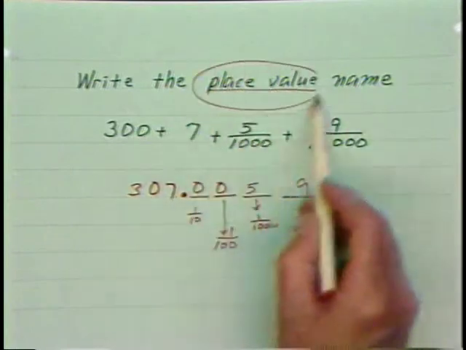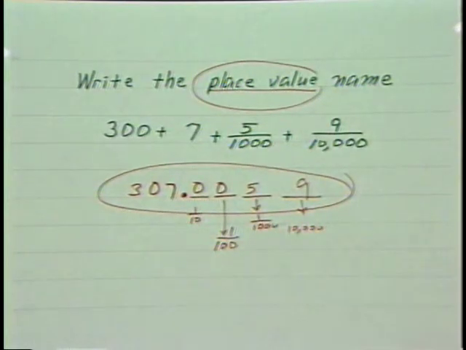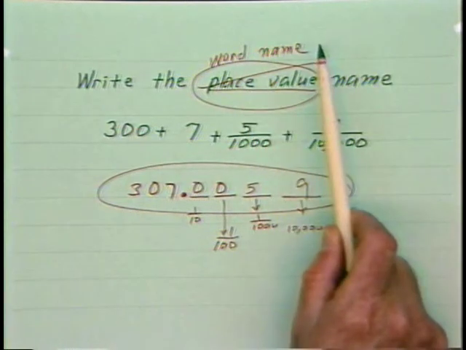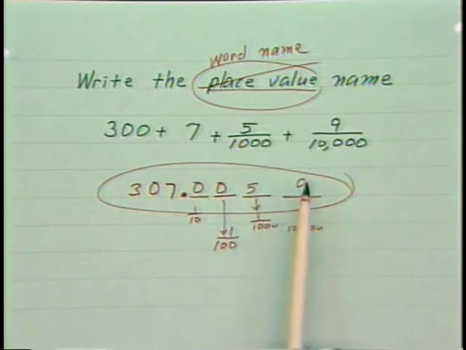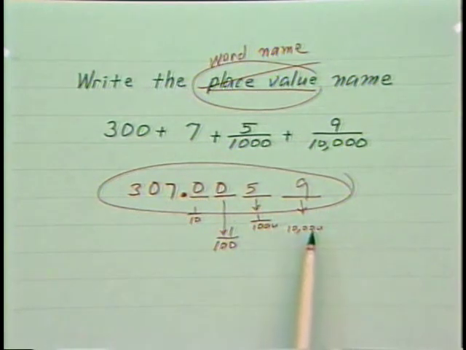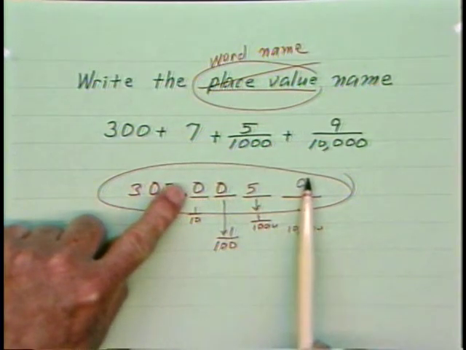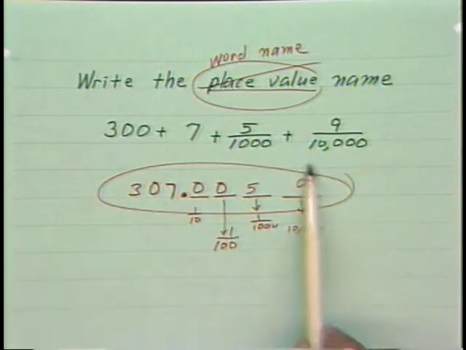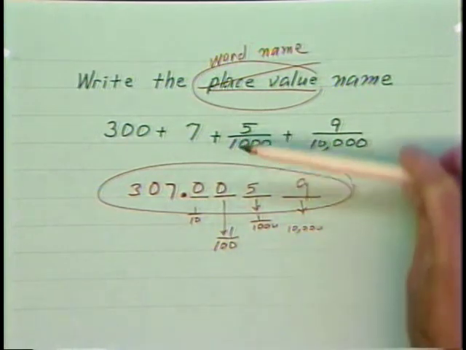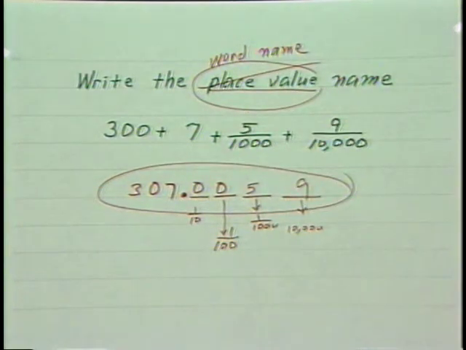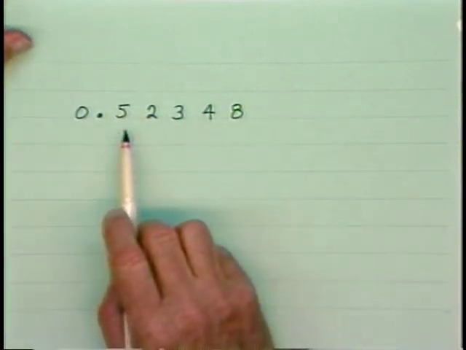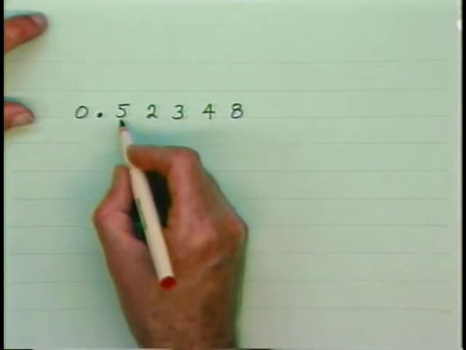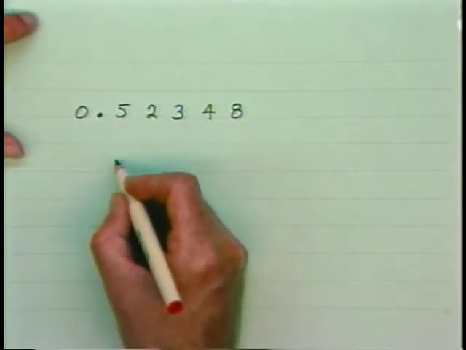So this is my place value name for this, and the word name would be 307 and 59 ten-thousandths. Do you see how that's done again? We read this, and then it's place value, and that gives me the number value. You should be very, very comfortable with this following a successful completion of this lesson. Let's use this to recall another idea from the last chapter, which we'll be called upon to use in the future. This in expanded form tells me I have 5